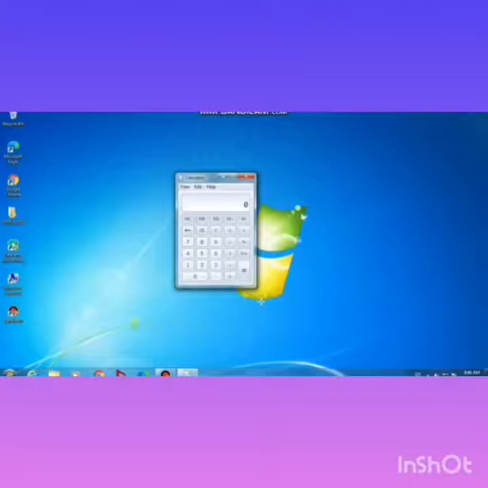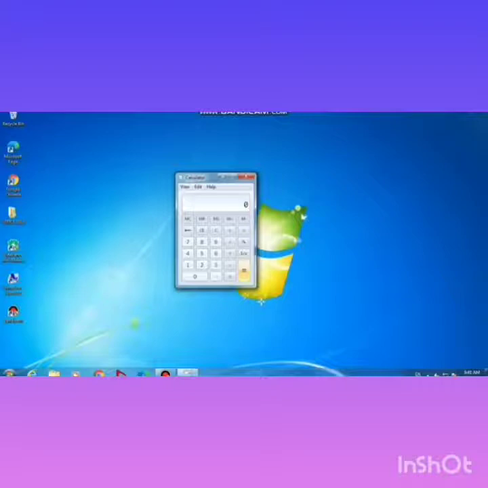This area displays the calculation, and these are the buttons of the calculator. We can do calculations like addition, subtraction, division, multiplication, and here is also a button called equals to.